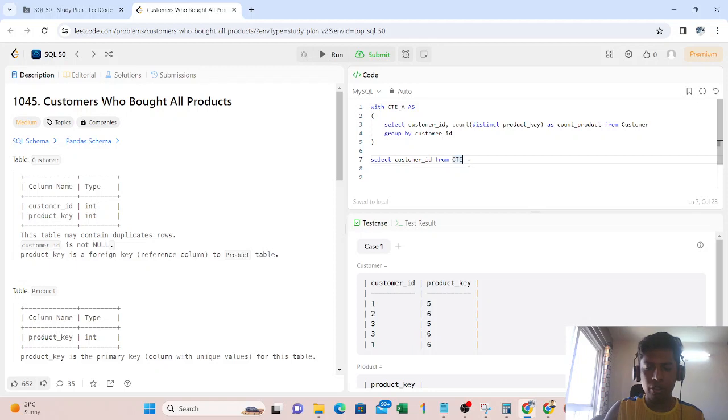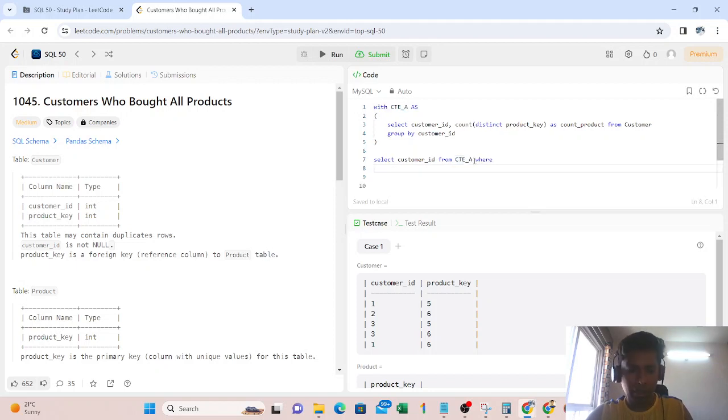So I was saying why I have not used an alias, because here I'm directly referring to this CTE. In the previous subqueries where I used an alias, I was not directly referring to the subquery. I was just using from and the below subquery. So how would my SQL engine understand that this column has to be taken from this subquery? That is why I used an alias. But here I have directly used CTE A,